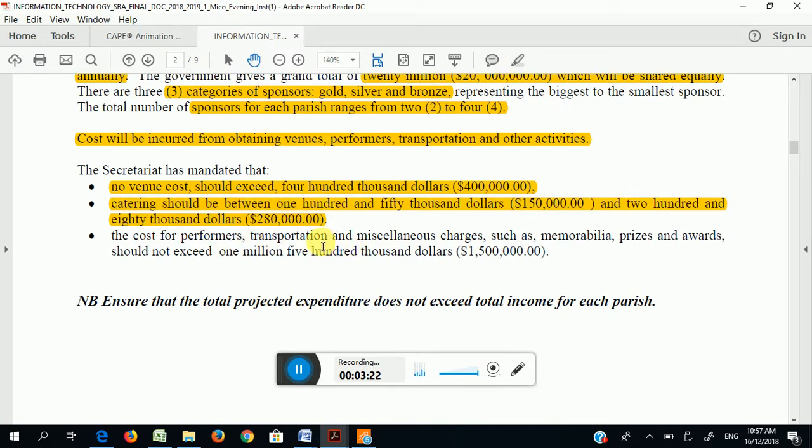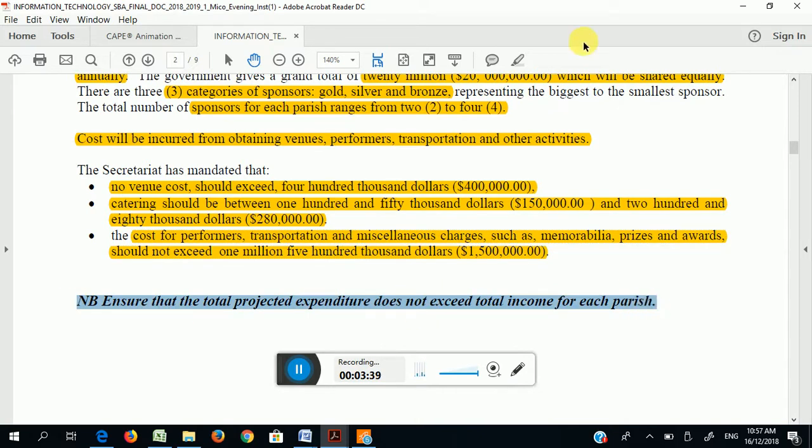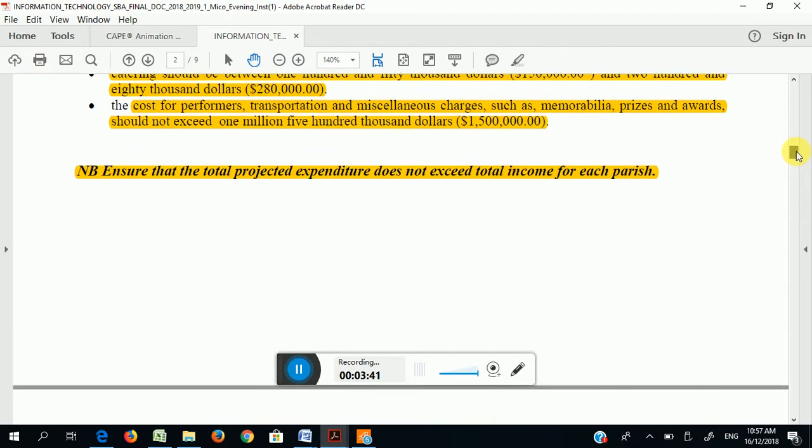And the cost of the performers, transportation, miscellaneous, memorabilia, prize and awards should not exceed this. So these are constrained. Ensure that the projected expenditure does not exceed the total income for each parish. So there can be a loss.